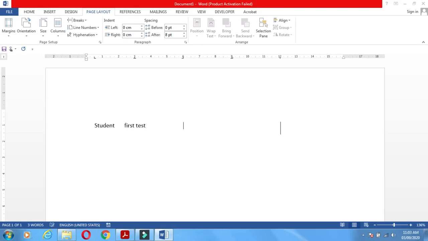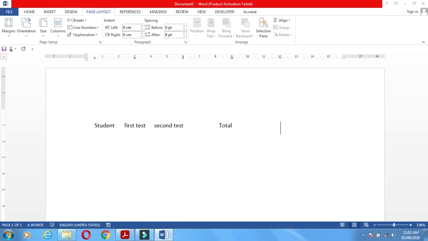Then again press the tab button, then second test, and again press tab, you come in the decimal tab. Here you can type the total, then again press the tab button.